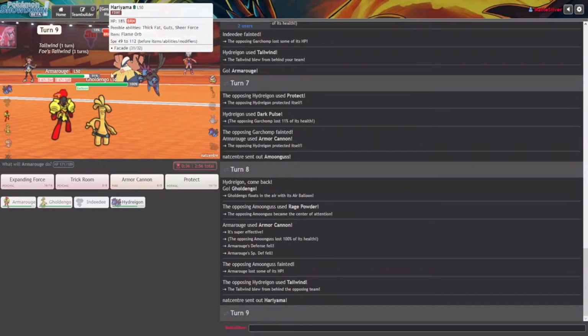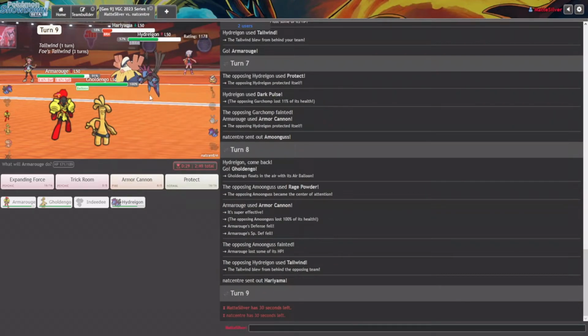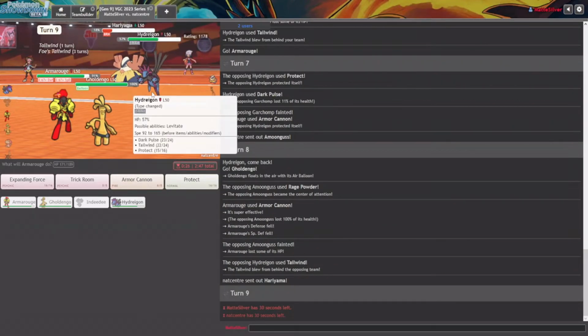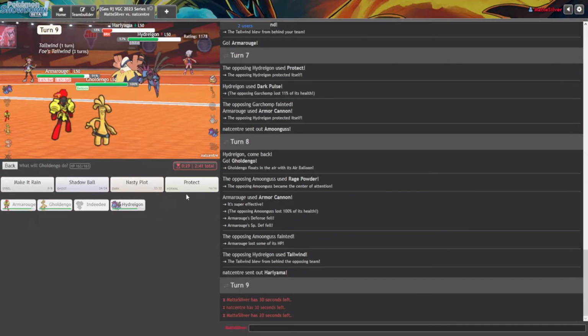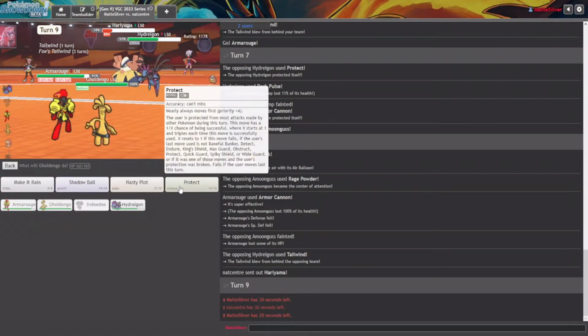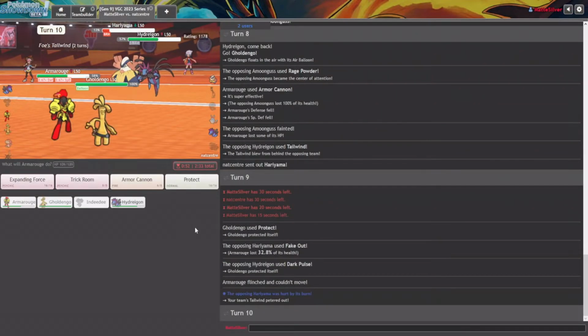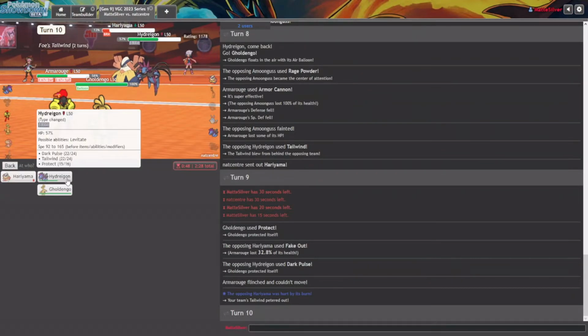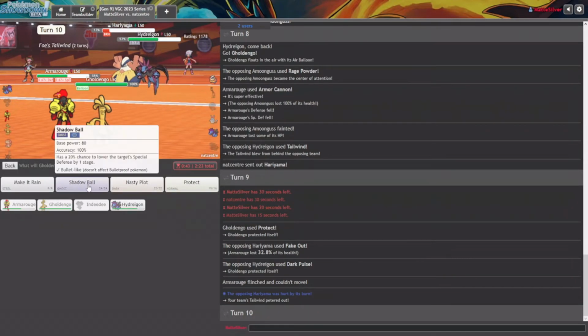Do I... He can Dark Pulse me. And then he can Fake Out me too, right? So... I can maybe try to set up a Trick Room. And protect. Fine. So his issue is he's running out of HP, so that we can Armor Cannon. And...